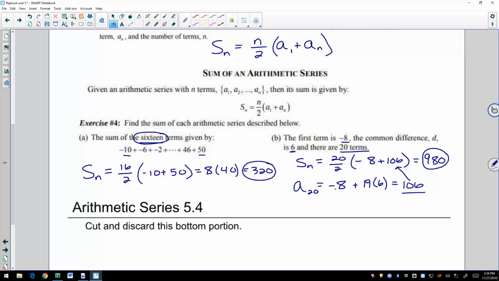Okay, so this one was a little trickier because we had to find the last term, whereas over here we knew the last term. So this you needed. This was from lesson 5.2. If you want to make a note to yourself to look back at that. It is, remember, on your reference sheet, so you don't have to have this formula to find a certain term memorized, but you just have to know which one to use. And it was arithmetic because they said common difference. And that is it for lesson